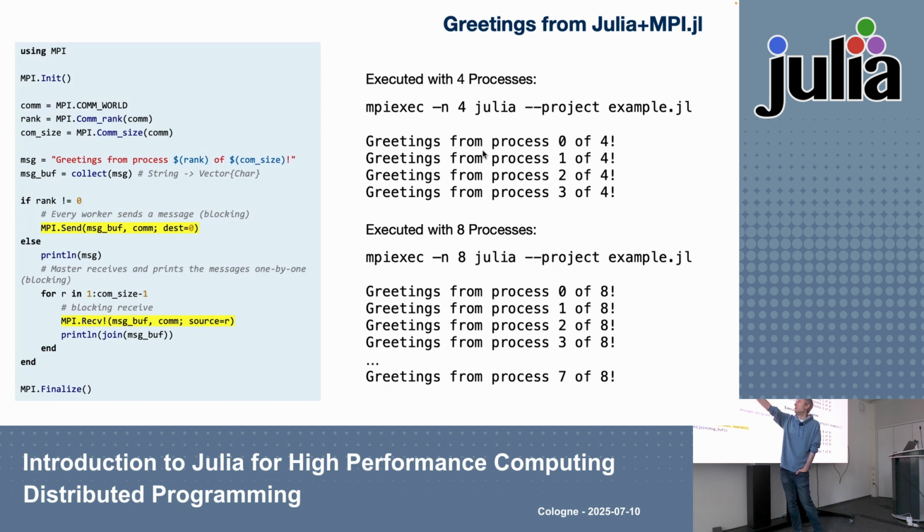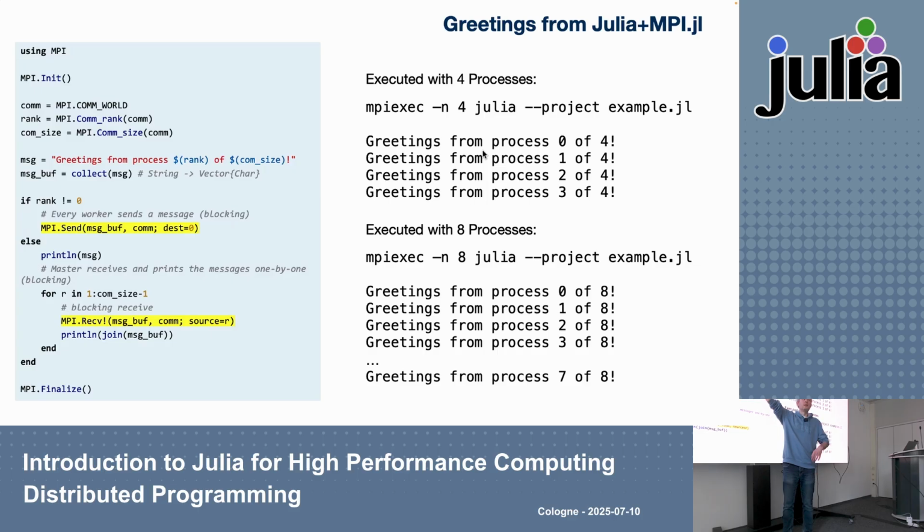And here we have to do a little bit of conversion of a string object to a vector of chars. And then we have a differentiation between what rank 0 is doing and what the other workers are doing. No, it's the other way around. So this is every worker, and this is what rank 0 is doing. It's 1 character difference. Therefore, all the other workers will use MPI send to send their message